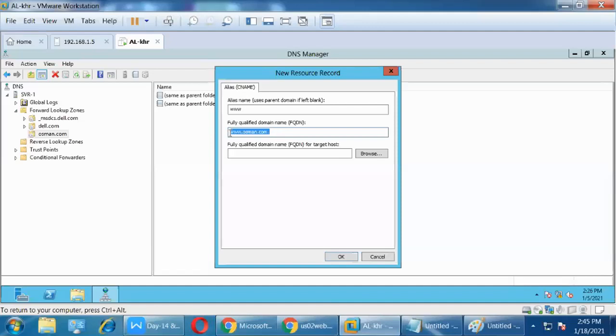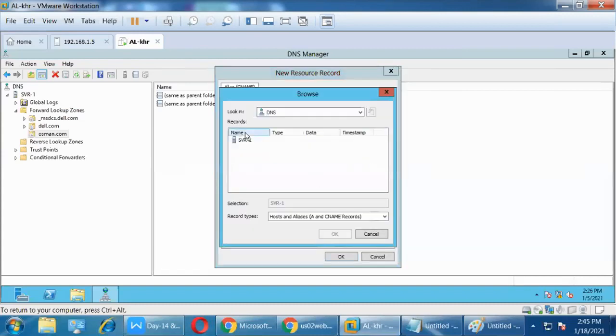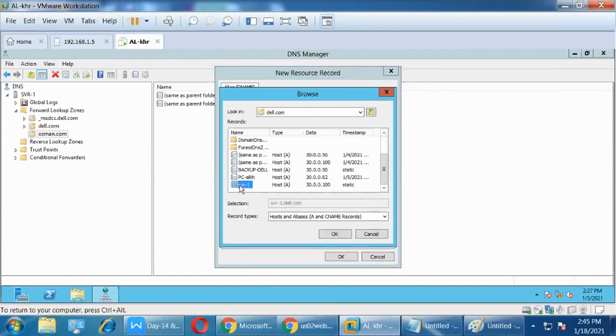Okay, this is the www. This is the name, but I want to maintain this file, I want to attach it. This is the only name we have given, but there is no data. Where is the website? So that is the reason I need to give the fully qualified domain name as the target host name. Here SVR1, forward lookup zone. If it is there, fine. Otherwise I need to give the same here. SVR, this is my host name. Understand?